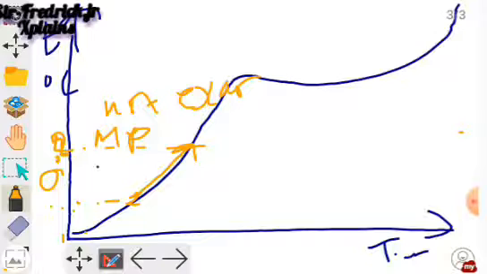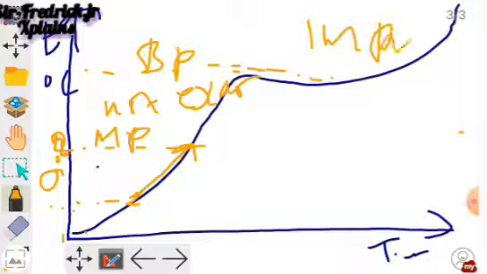Again, if you take a look here, if this could be the BP, the boiling point, it is not exact as it is. So that is the graph for an impure substance. You can have a curve-like graph, which is showing no exact melting point and boiling point.